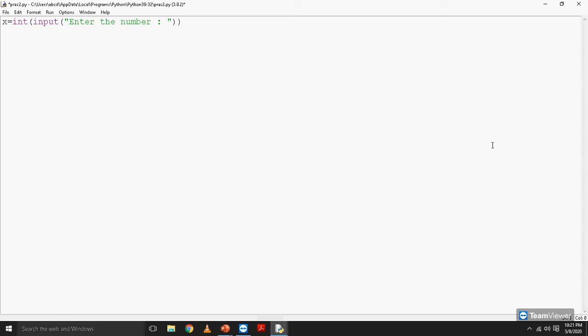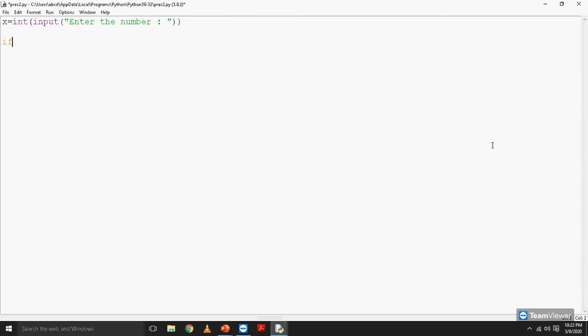Now to check if the number x is odd or even, we will have to divide it by 2. If after dividing by 2 we get a remainder of 0, this means that the number is even, and if we get a remainder of 1, then it means that the number is odd. So we will write the if-else to implement this.